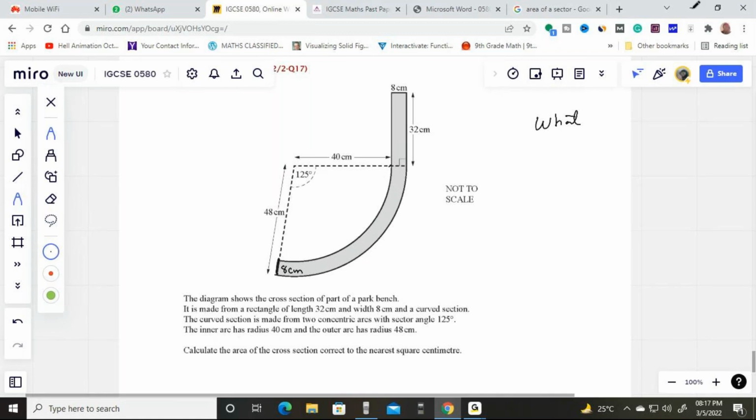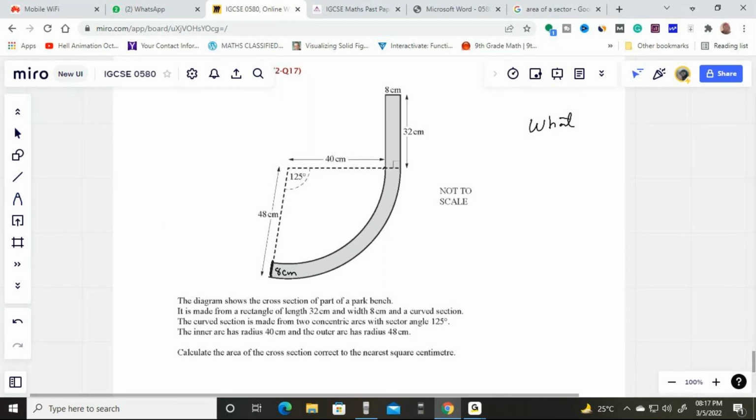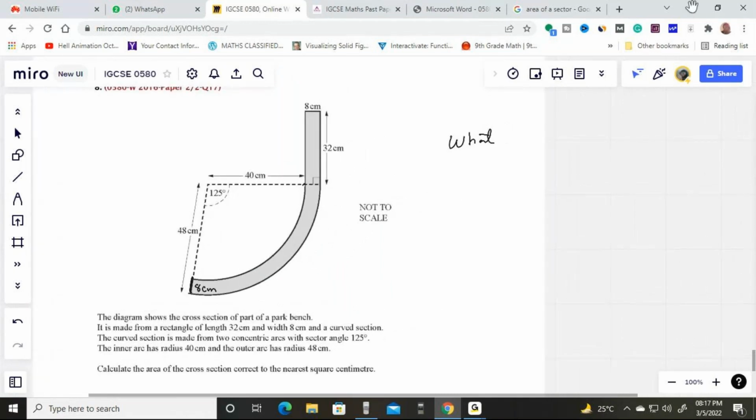Calculate the area of the cross section, correct to the nearest square centimeter. Actually, you need to find out the area of this shaded belt. What you need to do, this is my A1. I call this area A1, and this area I call A2. Now, in order to find my A1,